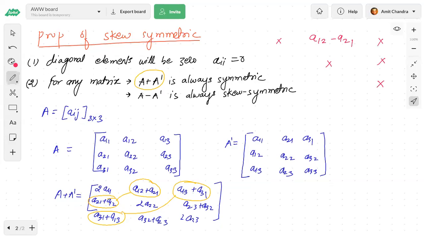So I'm writing this element and this one. Here it will be A21 minus A12. See, the sign is exactly opposite. There will be some element here and some element here. The only thing is the sign is different. These diagonal elements will become 0 because A11 minus A11 is 0. So all diagonal elements are 0 and these elements will be of opposite sign. So this will be a skew symmetric matrix. Understood? Fine. Just copy this.